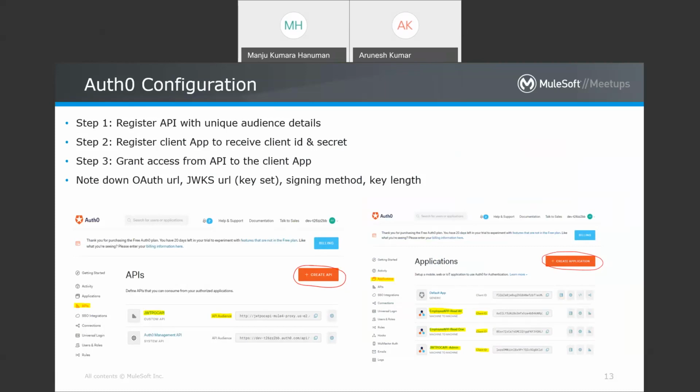Then you also need a few additional details like your OAuth URL, which is a token URL where you get the token from. There's something called JW